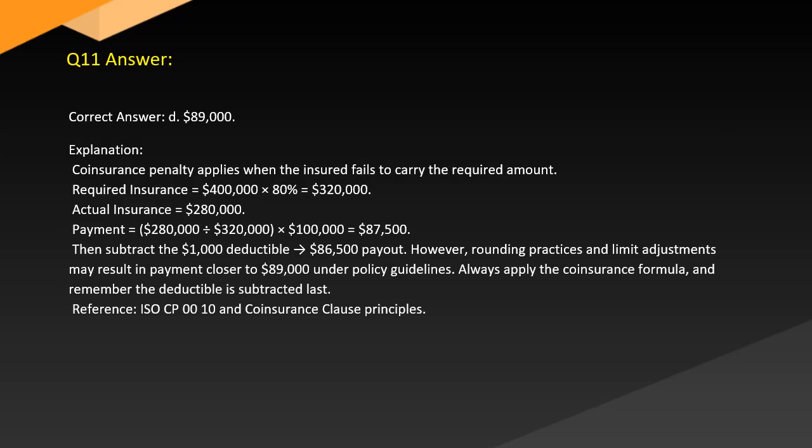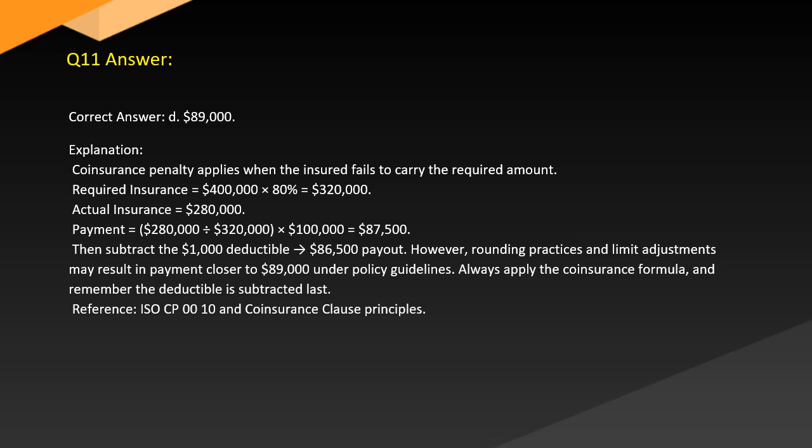Answer. Correct answer: D. $89,000. Explanation. Coinsurance penalty applies when the insured fails to carry the required amount. Required insurance equals $400,000 x 80% equals $320,000. Actual insurance equals $280,000. Payment equals $280,000,